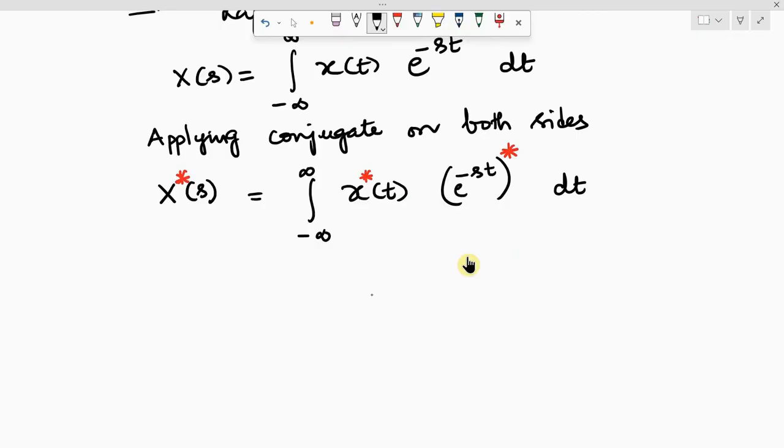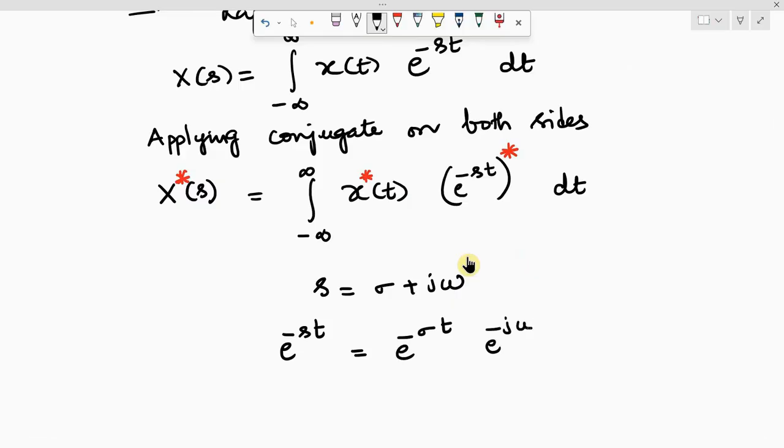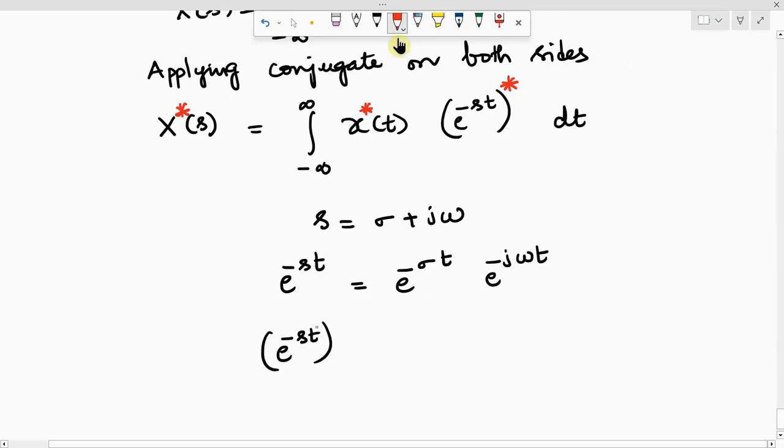So we have to have a clear understanding of how this e power of minus st conjugate can be written. For that, we know that s is sigma plus j omega. So e power of minus st is written as e power of minus sigma t times e power of minus j omega t. Now, e power of minus st whole conjugate means,